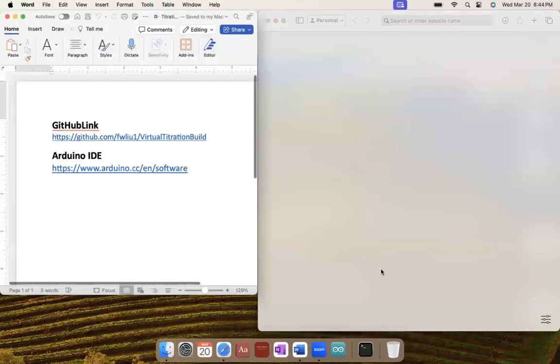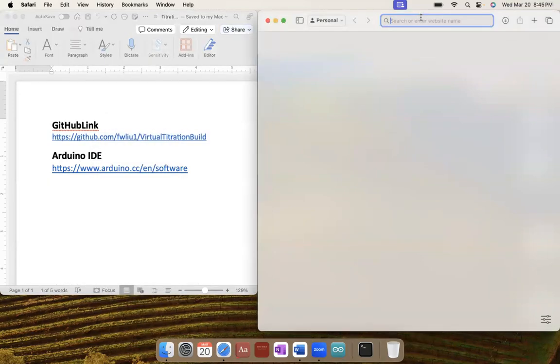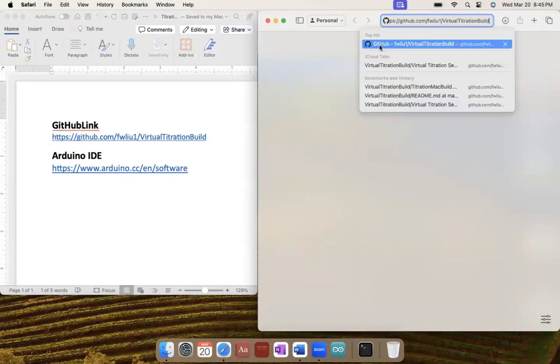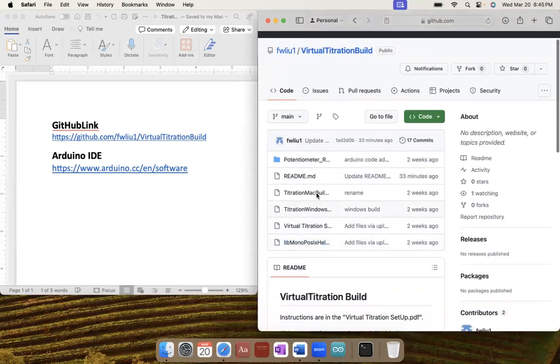To get to the website, we're going to type in this link right here. If you don't have it on hand, take a look at the screen and we have it here. It's github.com/fwlu1/virtual titration build. Feel free to pause the video now and type this into your search engine. I'm going to go ahead and copy and paste it into mine. Once you do that, your screen should look like this, and we can see here a list of all the